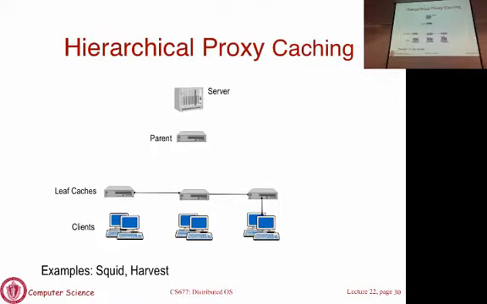So the question is, how can you optimize this so that if nobody has the page, it is better to go to the server quickly and get it, rather than asking everyone and wasting a lot of time in that process? Is the problem clear with this cooperative caching approach? When you have cooperation, you have to ask others if they have a copy of the page. If nobody has it, and you have multiple rounds of asking other caches, that wastes time. From a user's perspective, you see slow load times because the page is not yet fetched from the server. So how can you optimize this approach? How can you make global misses faster?